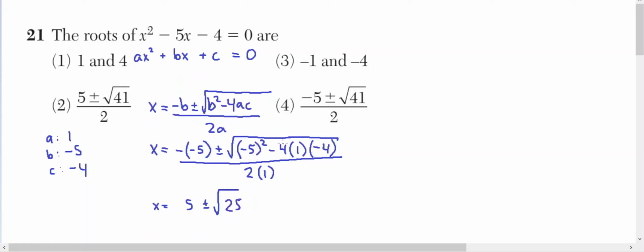Then we have minus 4 times 1, which would give us minus 4. And then we take that minus 4 times this minus 4, another cancellation, so it turns positive, and 4 times 4 is 16. And the denominator is just 2 times 1, which is 2. So we can collect everything by saying x is equal to 5 plus or minus the square root of 25